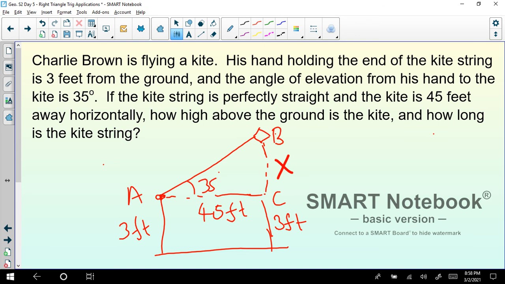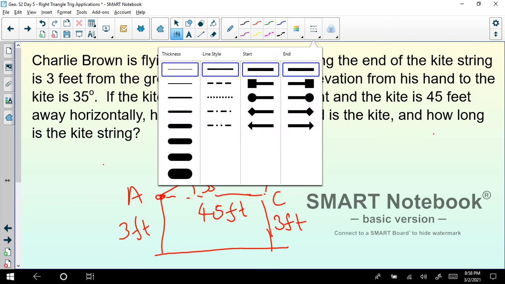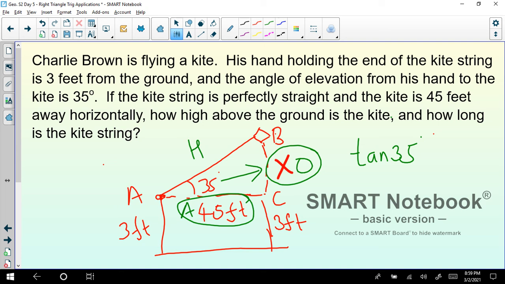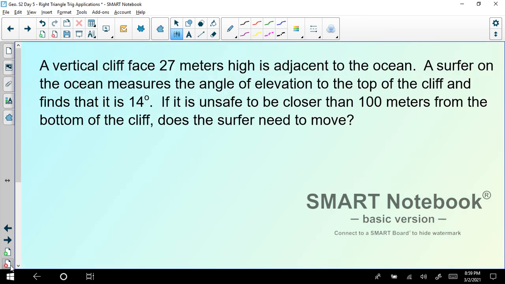With reference angle 35 degrees, we have this to be the opposite side, this to be the hypotenuse, and this is the adjacent. The sides that are of interest to us are the opposite and the adjacent. So whenever we have opposite and adjacent, we use tan. So tan 35 degrees equals opposite, which is x, over adjacent, which is 45. Further we can cross multiply and get x equals 45 times